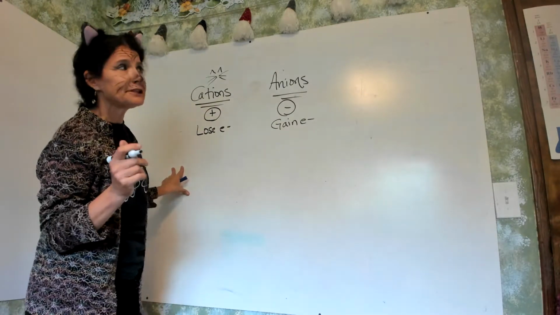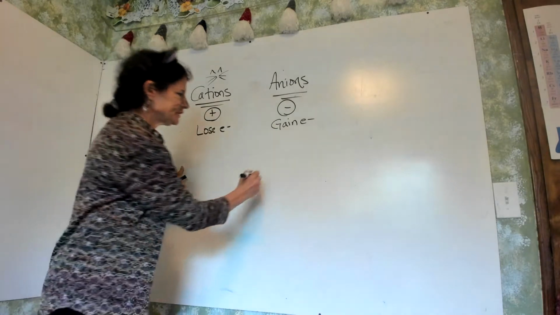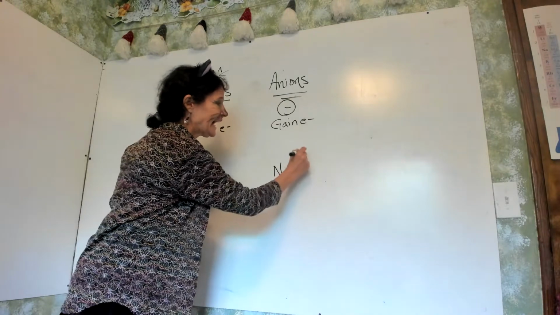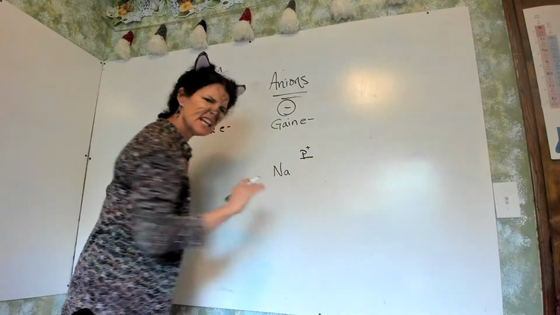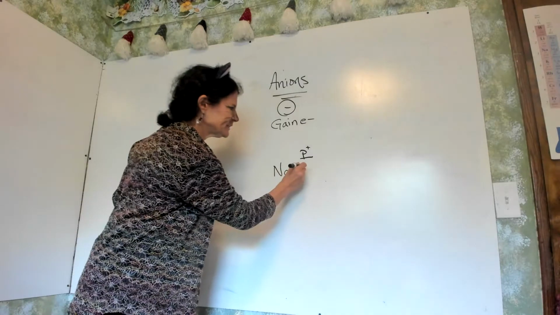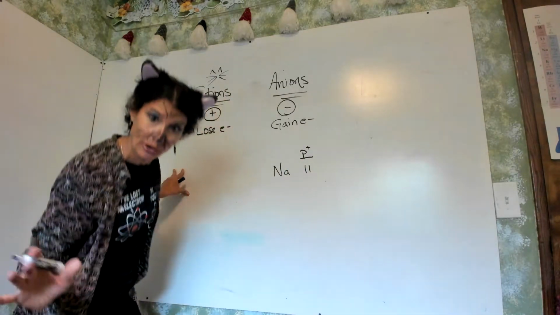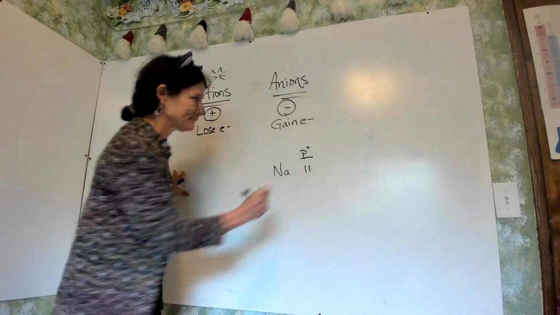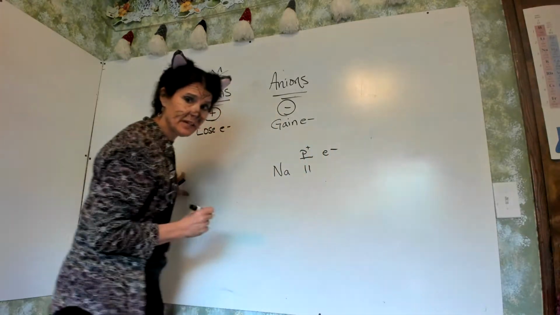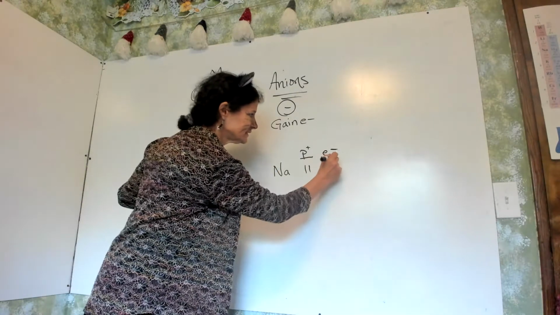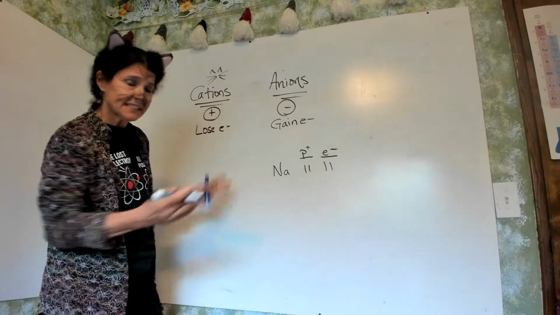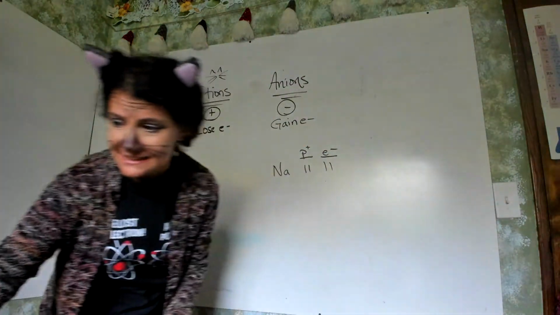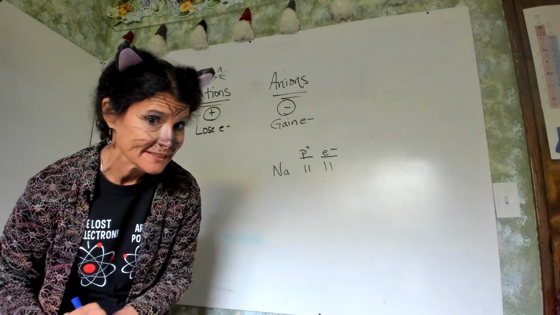All right, so let's look at sodium. Na is sodium. And if I asked you to tell me the protons, we're not going to worry about the neutrons. It's all about the electrons. It has 11 protons. That is what makes it sodium. Now, if I ask you about the electrons, initially you would say, yes, it has 11. That is not a stable number. The stable number is it wants to be like a noble gas.